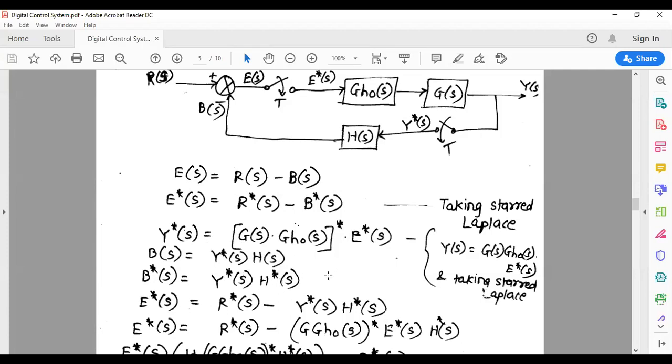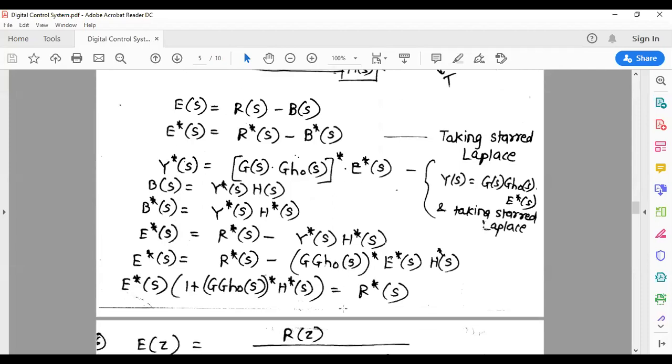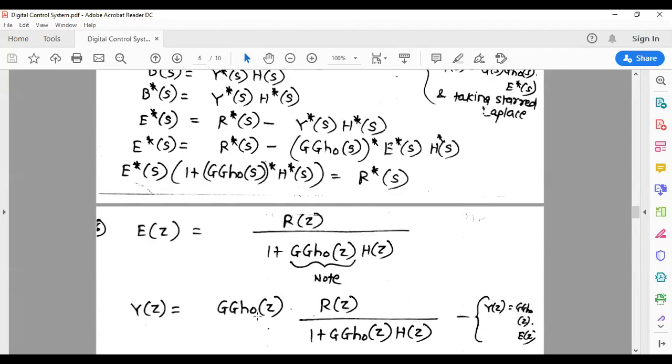So now let us substitute it in that equation. Going back to this equation, E star of s will be equal to R star of s minus, we have written down the equation for y star of s into h of s. We will also write the equation for y star of s, which we just got in this third step. I am substituting here, and then you will just have a series of substitutions to finally get the final answer. So this is exactly what we are doing. If you want to trace it out, ultimately we have come to the same form where we have E star of s on one side and R star of s on the other.